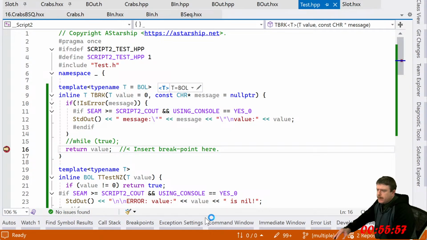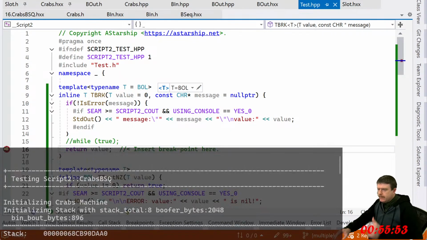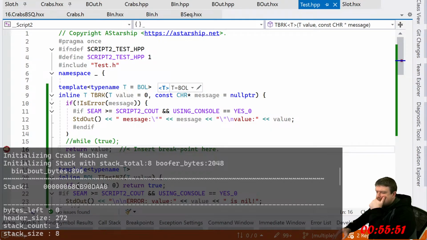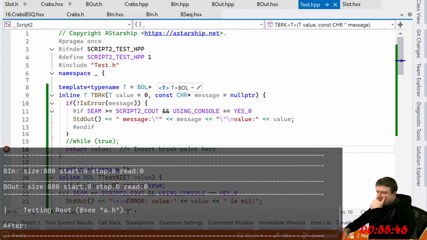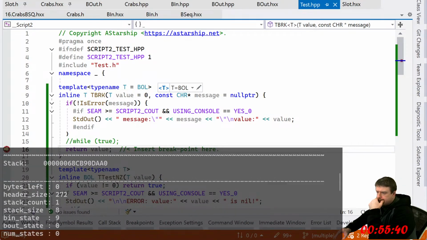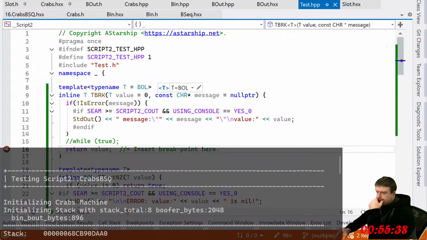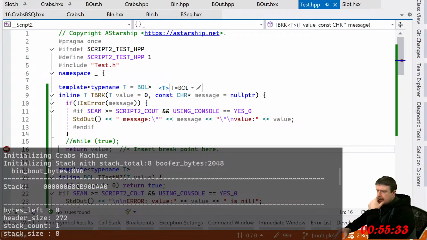All right, what does this do? I think it read it right. 880. Means that there's a 16. Okay, that would make sense because 16 bytes for the struct, right?